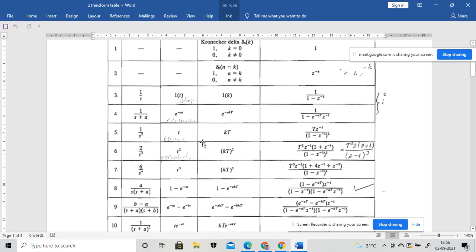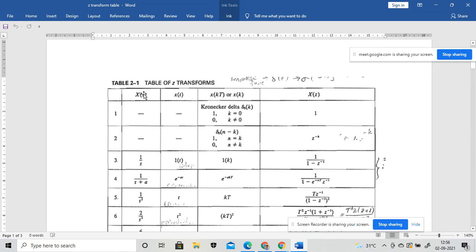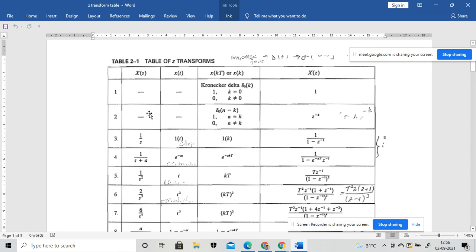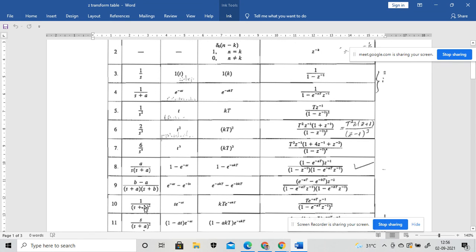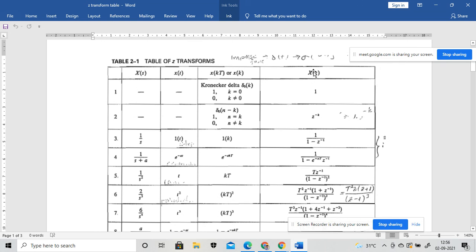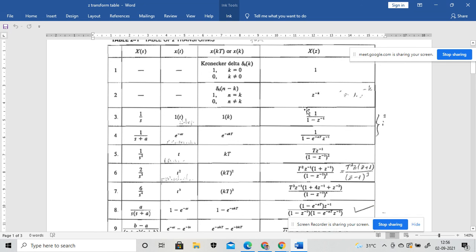So you will see that 2 divided by s cube, this will be under the Laplace domain. Okay, keep in mind these things. The table under x of s is in the Laplace domain. The function shown in this particular part is in the Laplace domain. And the table shown in this particular part is in the Z domain. Right? That means this is in the Z plane, and Laplace domain means it should be considered the S plane.